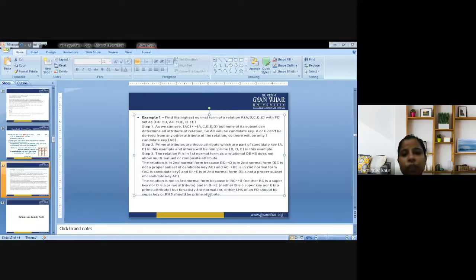Fourth, a relation in a DBMS, or I can say a relational database, is always in at least one normal form. And fifth, every binary relationship, that is a relationship with only two attributes, is always in BCNF. Sixth, if a relation has only a single candidate key, that is every candidate key consists of only one attribute, then the relation is always in 2NF, because no partial functional dependency is possible, and 2NF is concerned with partial functional dependency.